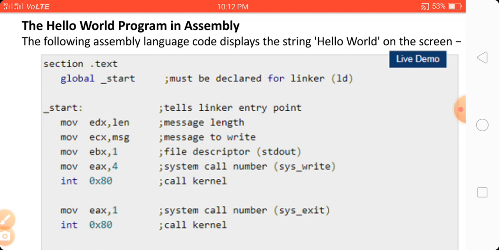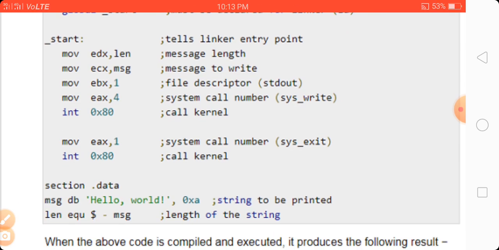Now mov eax, 4, system call number, that is sys_write, int 0x80 calls the kernel. Now mov eax, 1 is the system call number 1, placed in eax. Then int 0x80 is a kernel call.